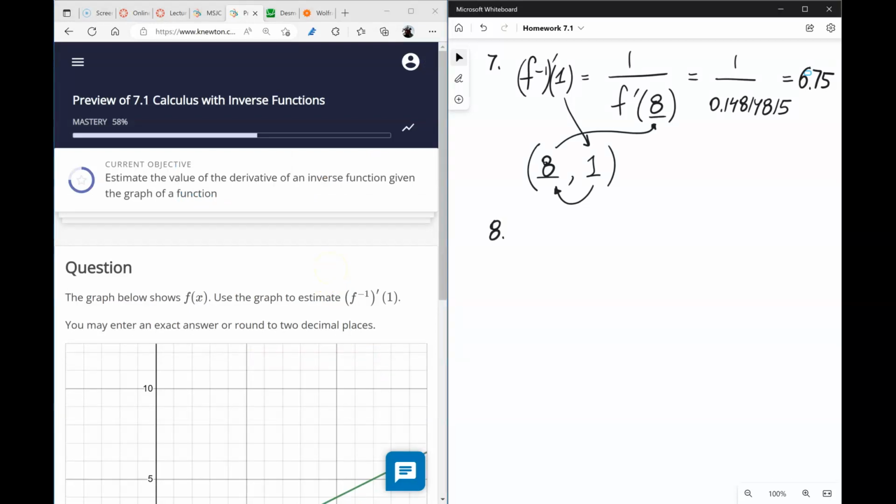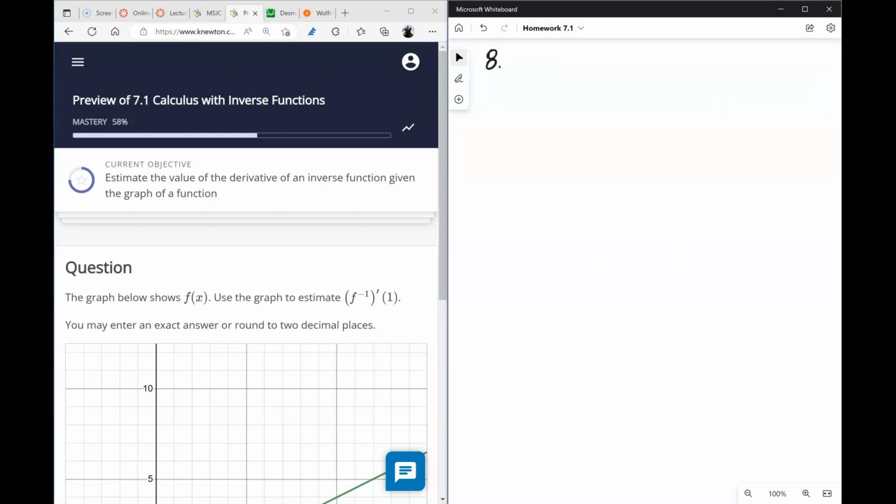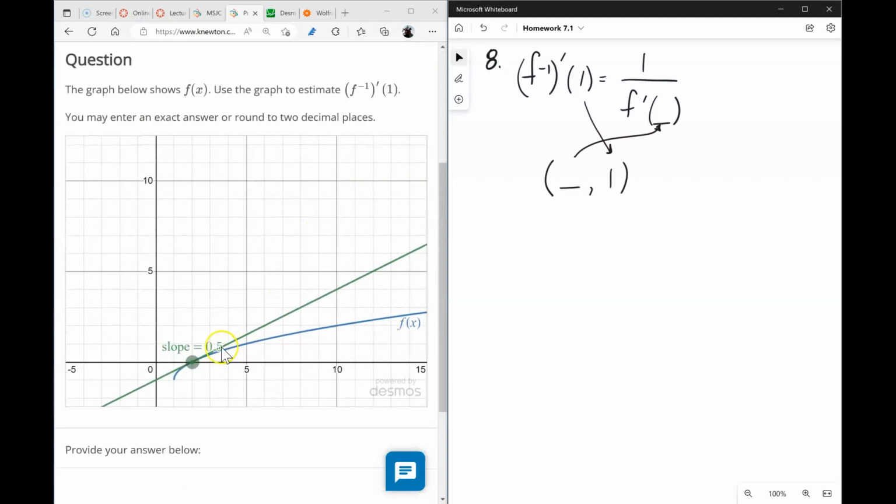All right, for number 8, derivative of an inverse function at 1 is the reciprocal of the derivative of the original function evaluated at the value that gives you the output 1. So that's the only question here. At which input the output is 1? Looks like at 5. And it's going to be 1 over